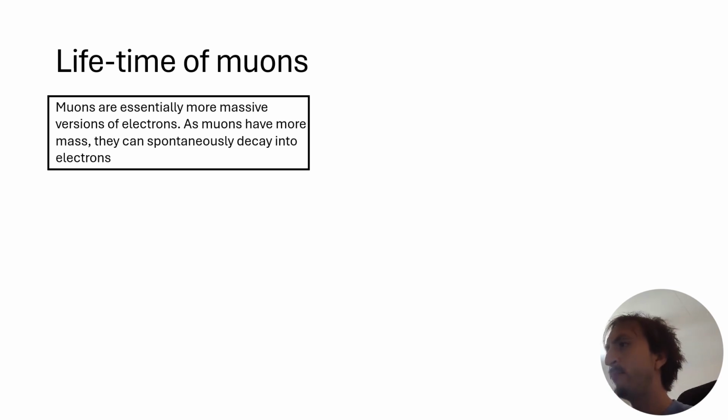So a muon is like a heavy electron, but because the muon is like a heavy electron, it can spontaneously decay into an electron and other particles with very little mass. So the main thing is, because it has a lot more mass than the electron, it can decay into an electron and those other particles with tiny mass. And if you wait long enough, anything that can spontaneously happen will at some point, so inevitably muons will decay,